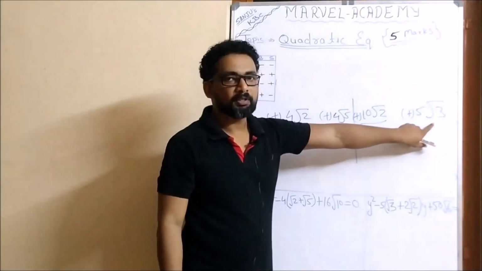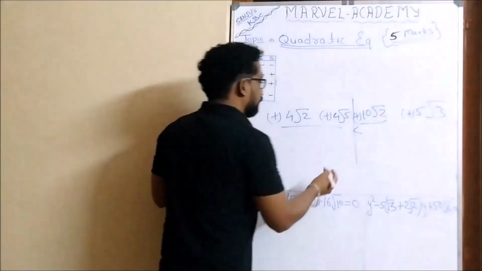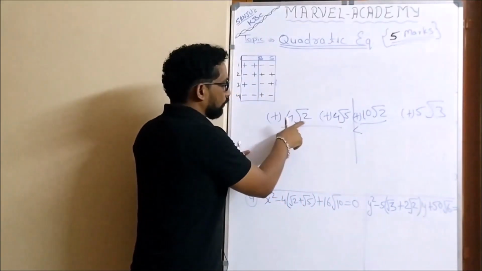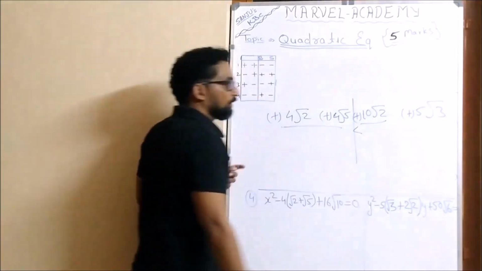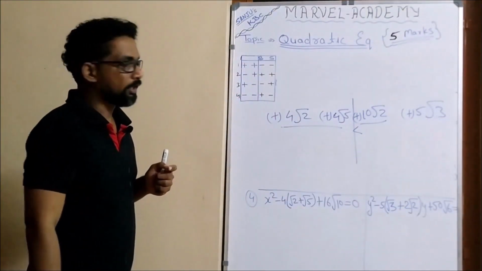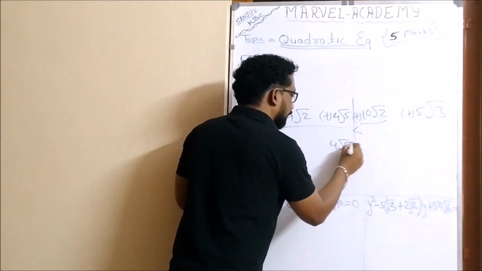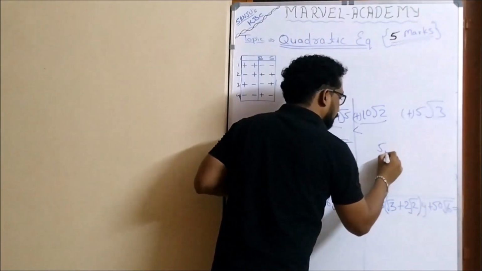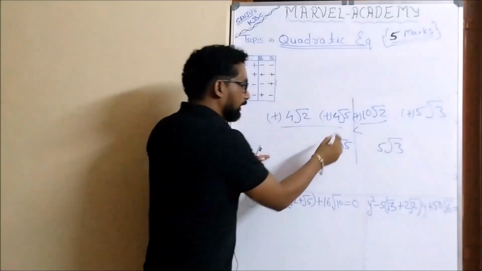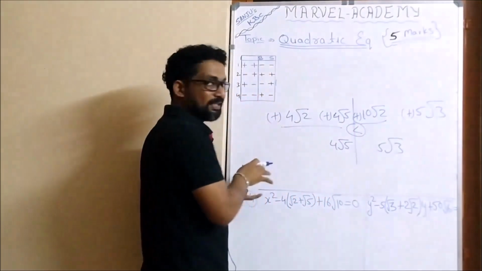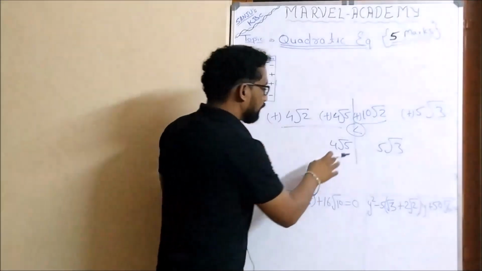We have to only compare this 5 root 3 with these values. Okay. So 4 root 2 is directly less than 5 root 3, but we have to compare this 4 root 5 with 5 root 3. Okay. Till now the relation is x is less than y, but here the value of root 5 is